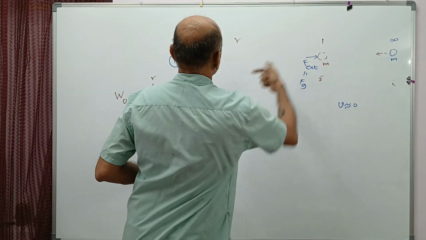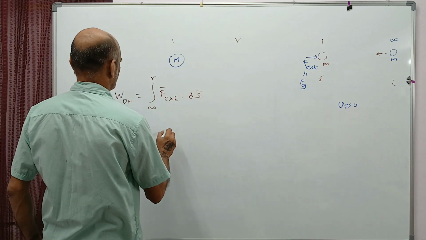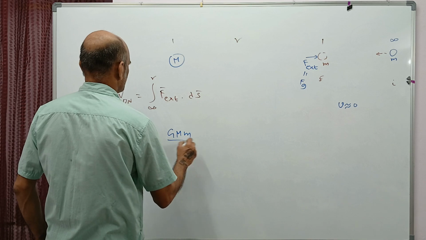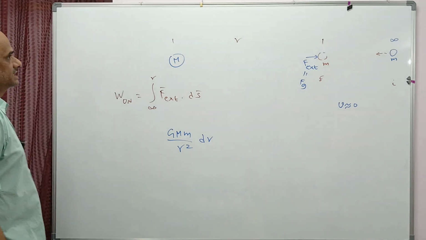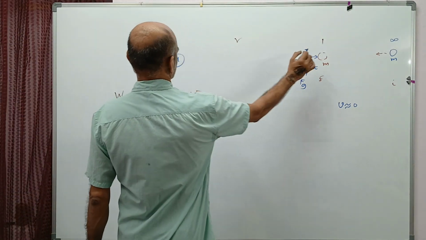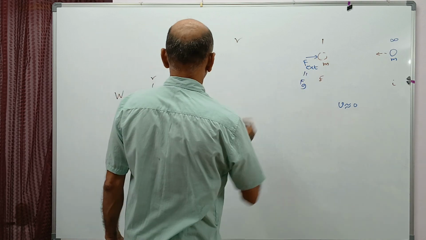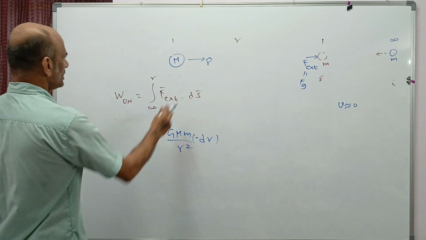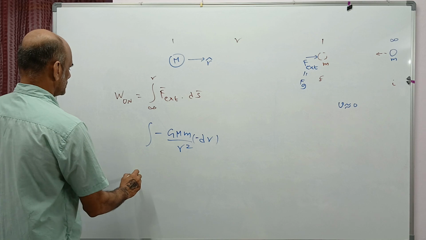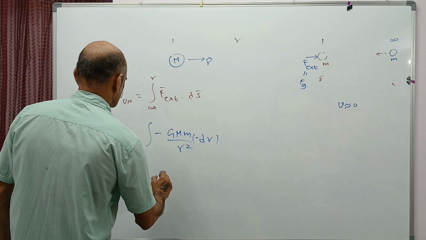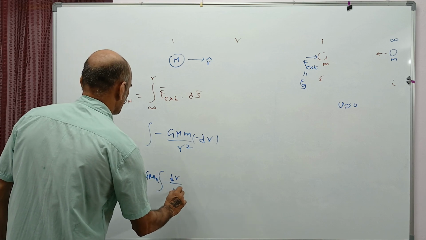So the external force is towards right, the displacement is towards left, so F dot ds is negative, and this force is the gravity force, GMm by r square at this distance r, into dr. ds is actually minus dr because r is from here to outside. This is the direction of r cap. So ds is minus dr, and F dot ds will have a negative sign because F and ds are in opposite directions, and you have to integrate this one. So this is nothing but integral of GMm, which is constant, dr by r square,